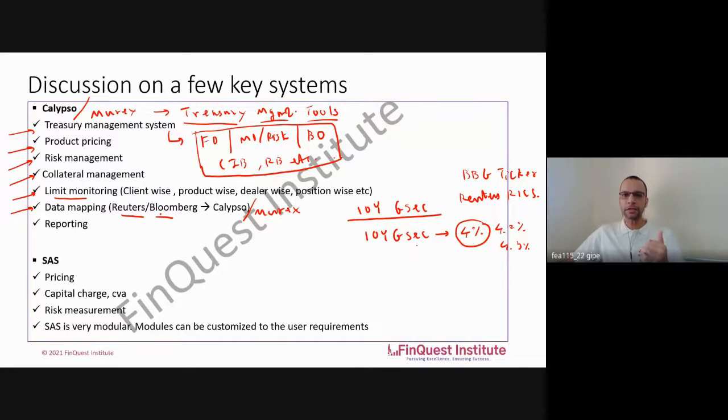Now tomorrow, let's say Bloomberg decides to switch this ticker. Currently it is called 10-year GSEC. This is the ticker name on Bloomberg, the unique identifier. Now tomorrow, let's say Bloomberg says that we want to make it 10-year IGSEC. So this is a new ticker, isn't it? Because now Bloomberg doesn't source anything on 10-year GSEC anymore, but sources it via 10-year IGSEC. This is the revised ticker.